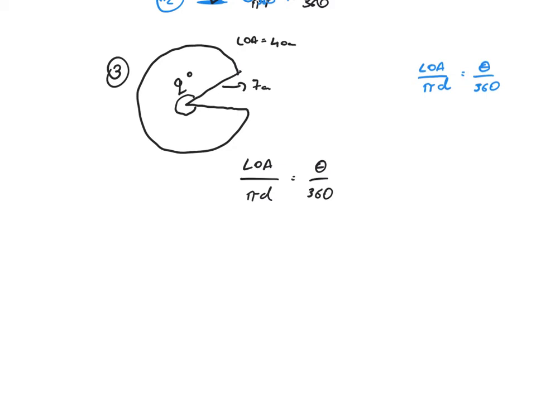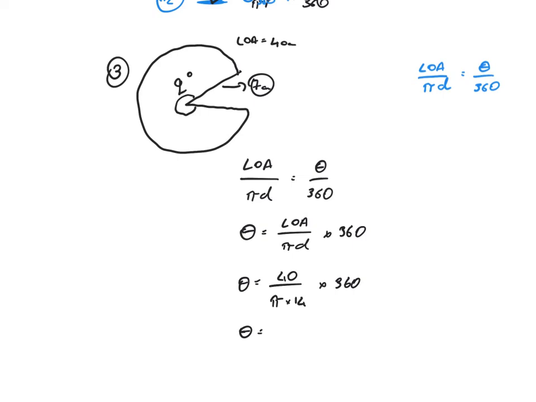Bring the divide by 360 up and multiply, and that will give me theta equals length of arc over pi d multiplied by 360. Let's start to input the information. The length of the arc is 40 over pi times the diameter. I can see clearly that the radius is 7, so the diameter would be 14, multiplied by 360. And to the calculator to one decimal place, that will give me